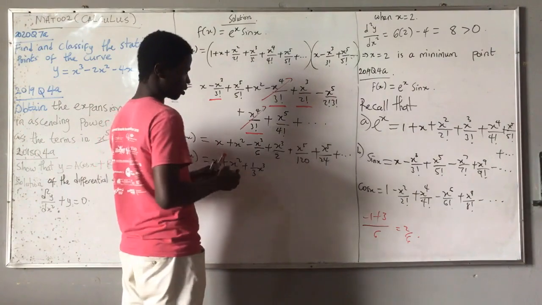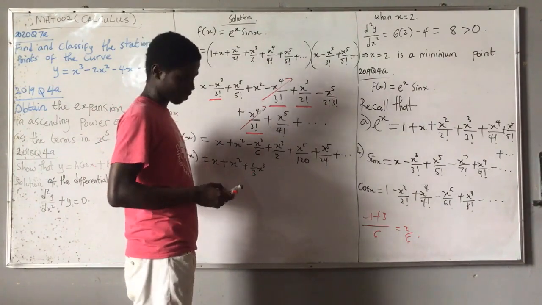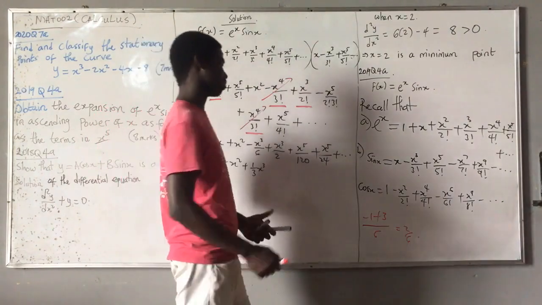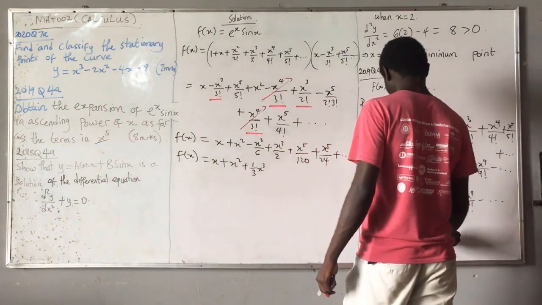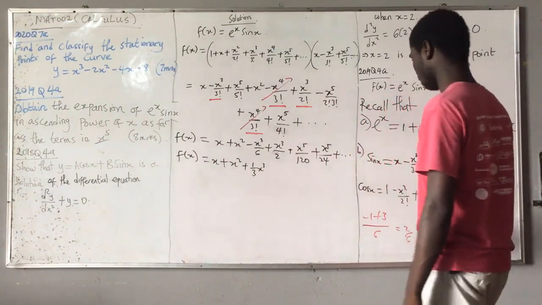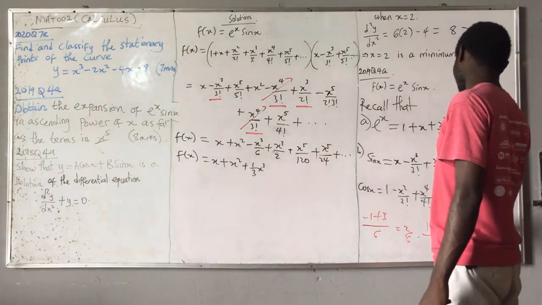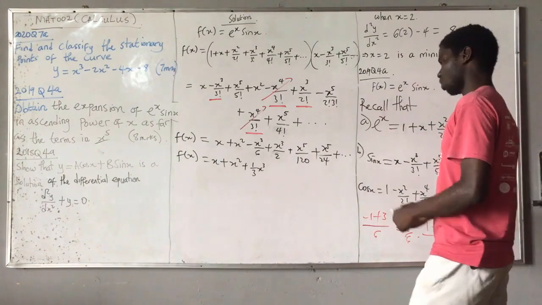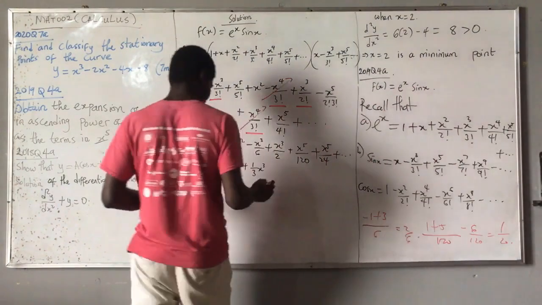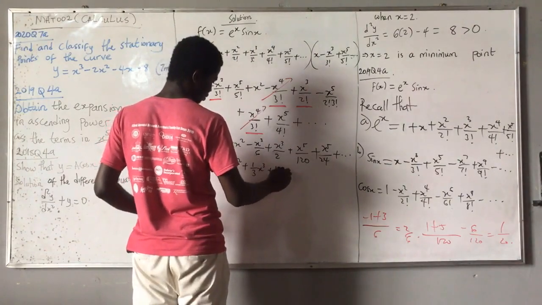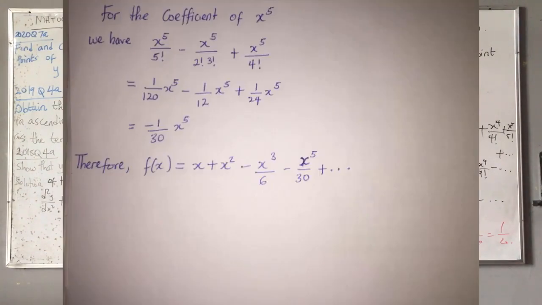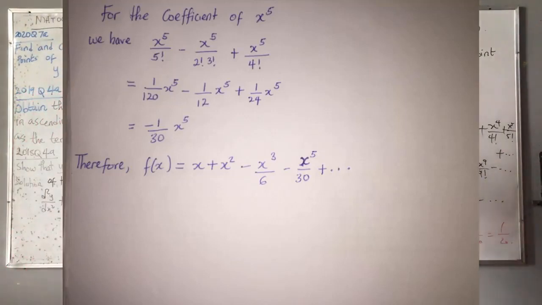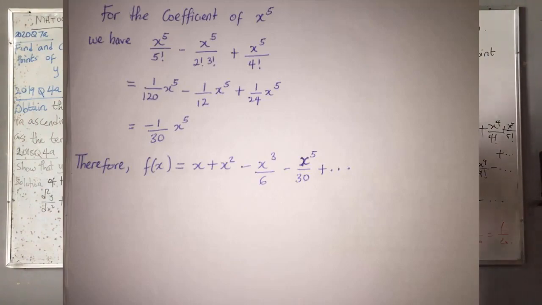s cubed. Then this one, press your calculator as well. You can easily press calculator with 1 over 120 plus 1 over 24. But then let me just do it here. 120, I have 1 plus 5, that is 6. 6 over 120 will give me what? 1 over 20. So this is plus 1 over 20 s5. That is the answer to that question. Now the second method I want to talk about